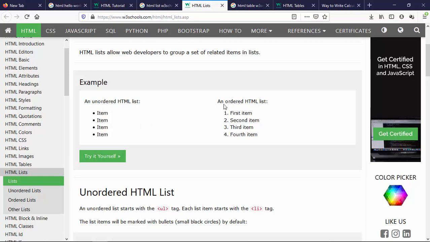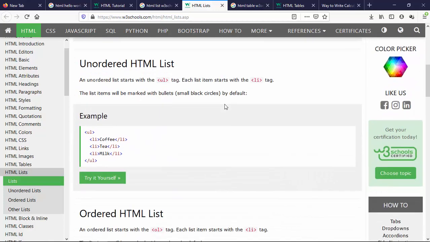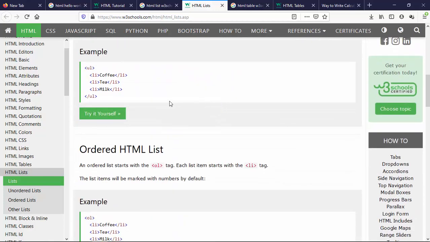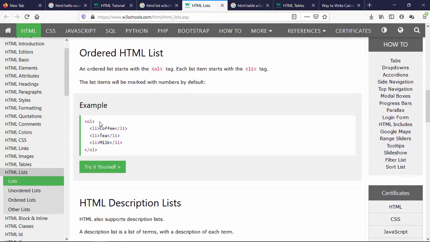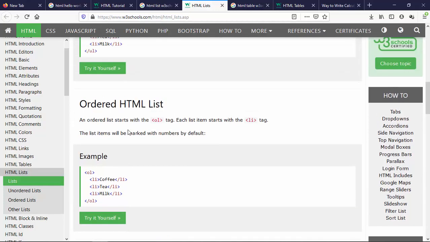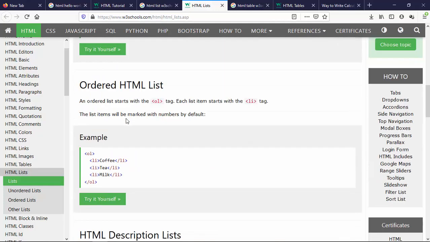This is unordered list, this is ordered list. So the HTML code for unordered list is UL. This is not underlined, this is unordered list. And ordered list is OL. And the items to be listed are in between LI tags, the same as unordered list.